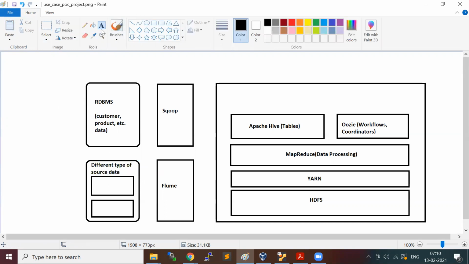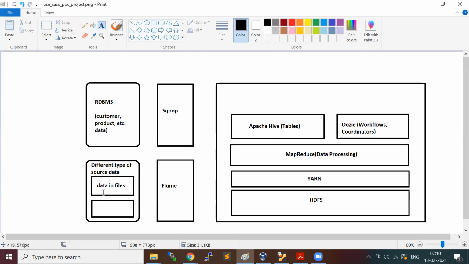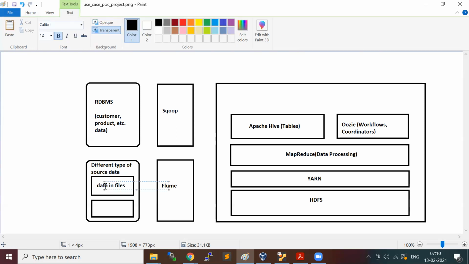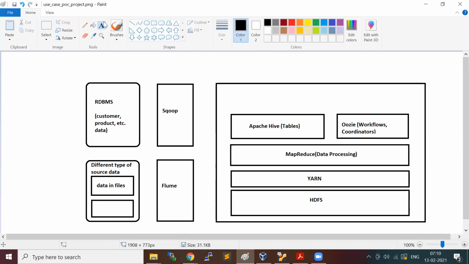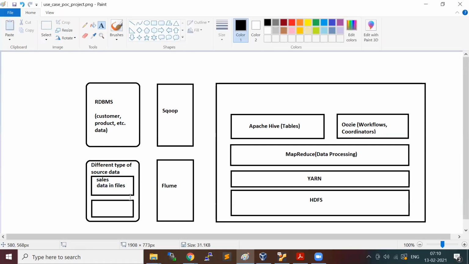One can be files, for example your sales data available in terms of files, and this can be any other data in a different format.